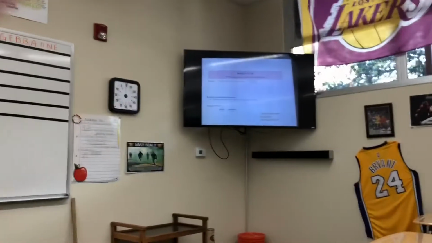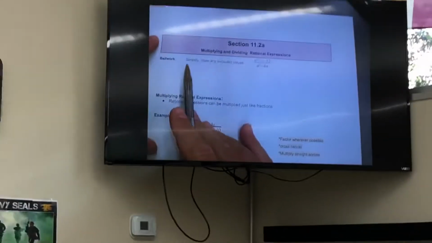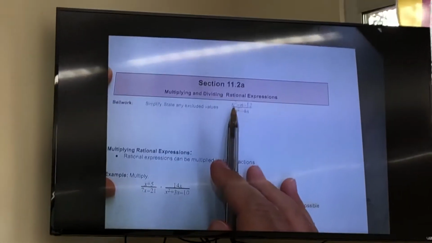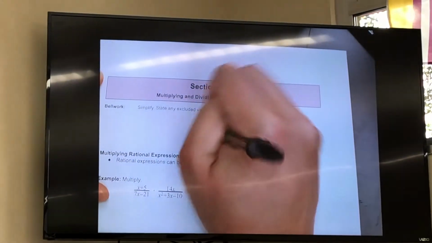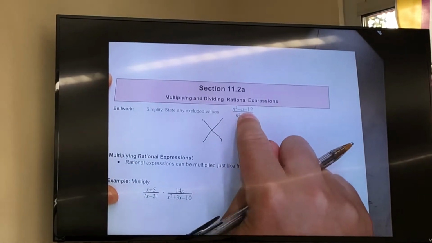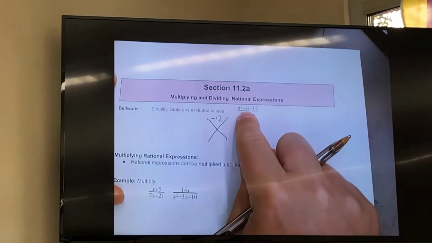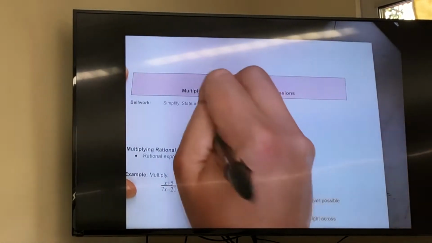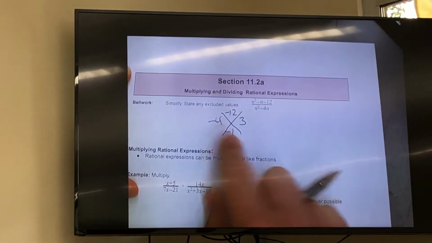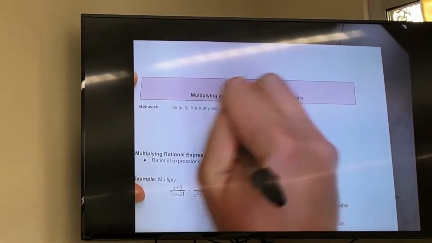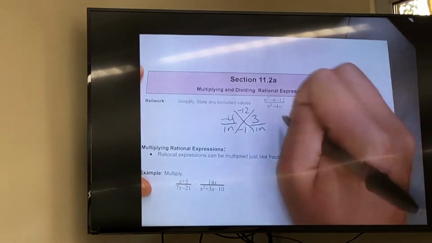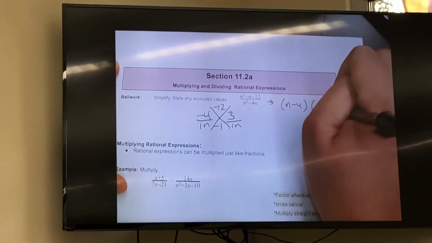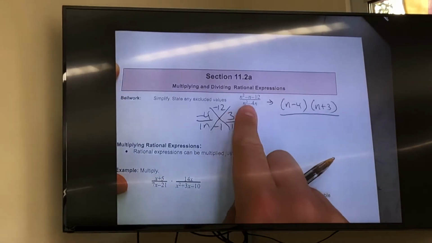All right, class, so our bell work for today, we're going to simplify, state any excluded values. So the top is a trinomial, so it's going to be a big X. So 1 times a negative 12, that gives us a negative 1. That's going to be a 4 and 3, with the 4 being negative, divided by our a value, so a 1n, a 1n. So our factor will be n minus 4, n plus 3 over, okay, two terms here, so